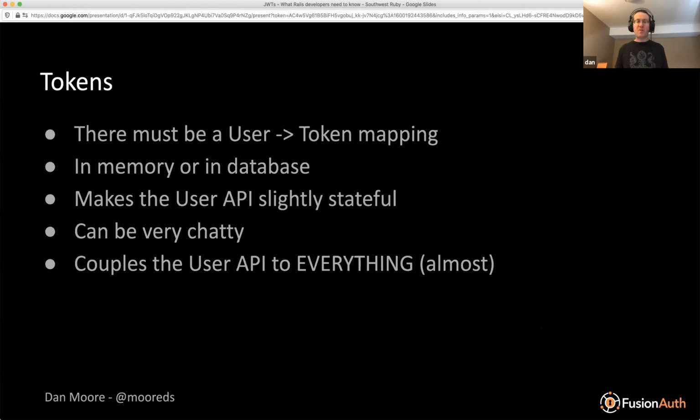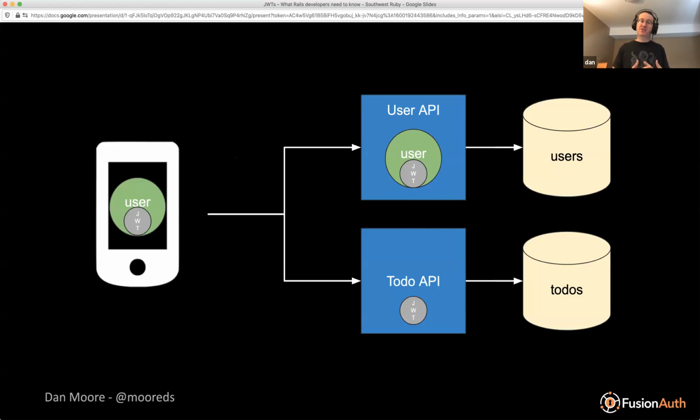So what's the next step? Well, the next step is to use a JWT. And what a JWT does is, again, the client is going to authenticate with the user API. The user API will generate the JWT and sign it. Very importantly, it will sign it, pass that down to the client, and the client can then present that to Zoo